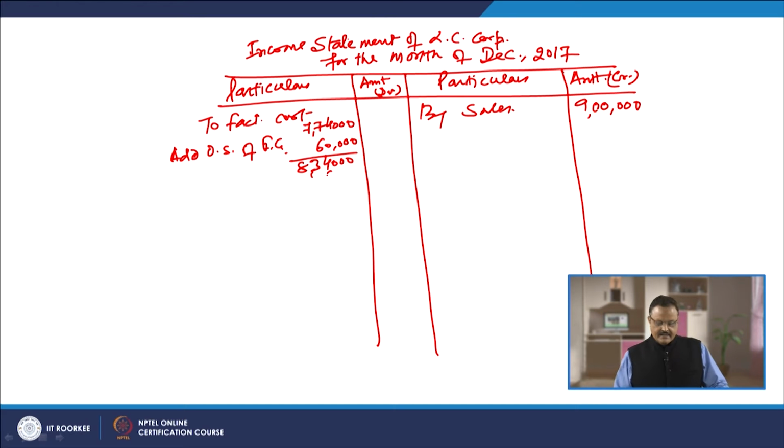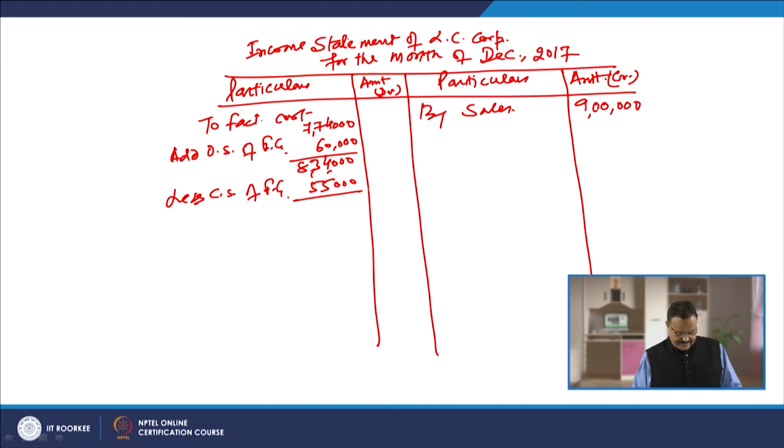8,34,000, right. Now, less closing stock of finished goods. So, if you take the closing stock of finished goods, how much is this? This is 55,000. So, after subtracting it, what we are left with works out to how much? That is 7,79,000. This is your cost of production,